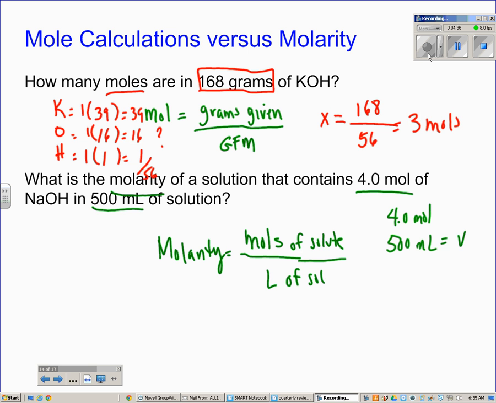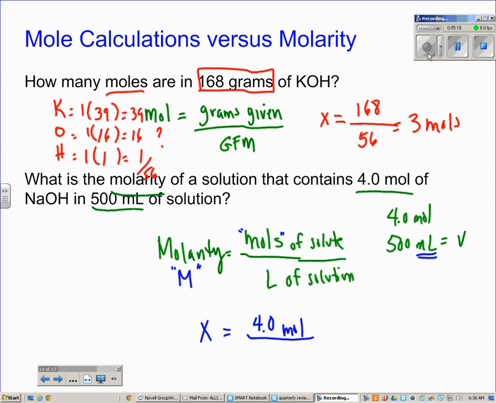Now, a couple things are important here that you realize. First of all, molarity is capital M. That's the unit for molarity. Whereas moles is MOLS. That's not just M. Lowercase m is meters, capital M is molarity, MOLS is moles. So it's giving you 4.0 moles. In this case, it says, what is the molarity? We don't know the molarity. The molarity is X. 4.0 moles is the moles of solute divided by, now it says liters of solution,